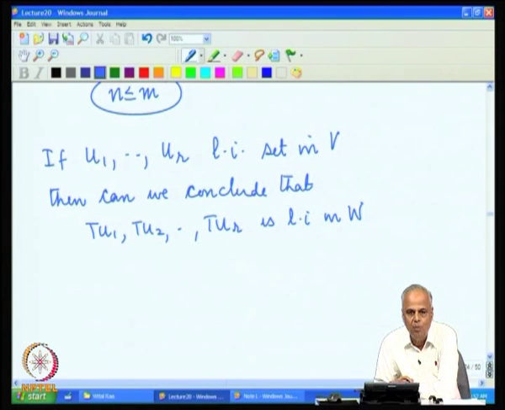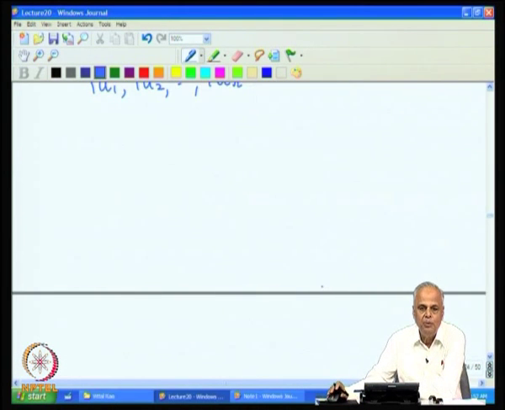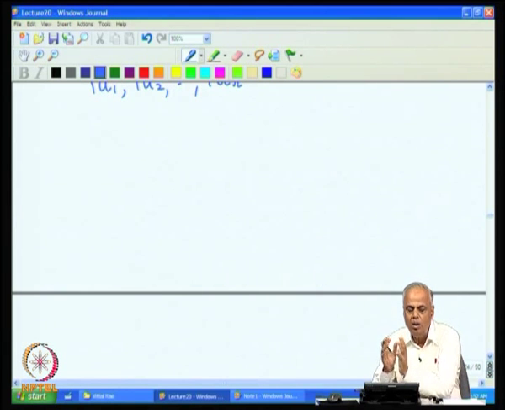Similar to the notion of 1-1 is the notion of onto linear transformations. Just as we saw, 1-1 means different things go to different images, and onto transformation means all the vectors in W will be used for coding, and therefore every vector in W is the coded version of some vector in V. And what are the consequences of onto? We will leave it here.